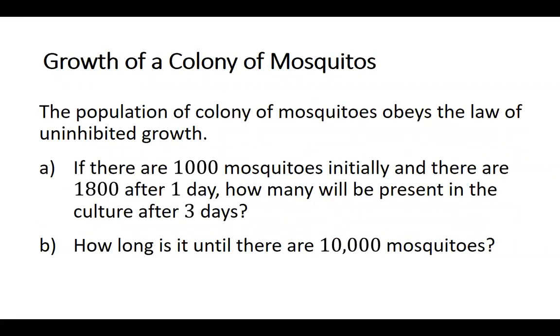So let's take a look at the growth of a colony of mosquitoes. The population of a colony of mosquitoes obeys the law of uninhibited growth. If there are 1,000 mosquitoes initially, and there are 1,800 after 1 day, how many will be present in the culture after 3 days? And then second question, how long is it until there are 10,000 mosquitoes? Okay, so we're going to use